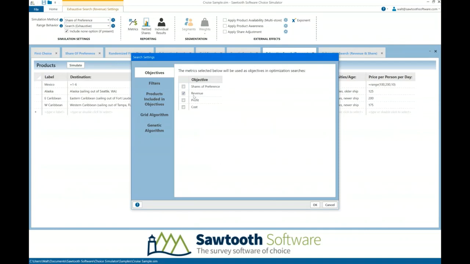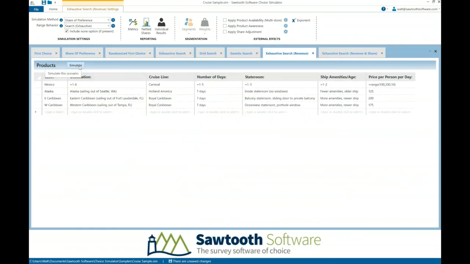I want to search based on revenue. So now it's actually going to take that price attribute and use the price that it finds here, multiply that by the share, which is a percentage, which would give me my revenue. How much do I expect to make, given the people that would choose me? And so if I simulate this one,